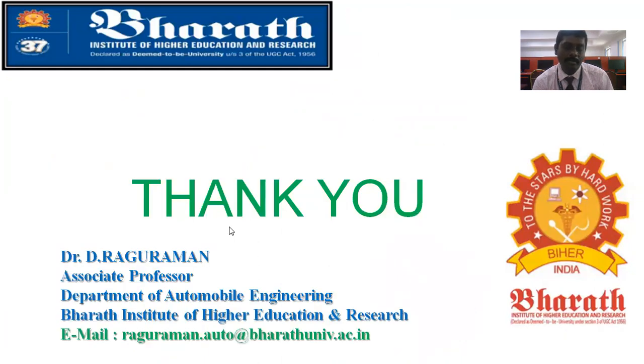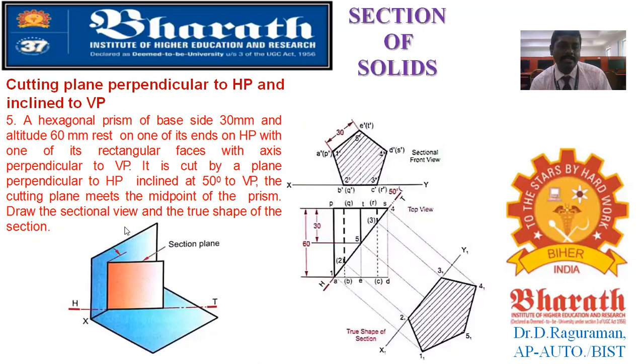See, in this problem they have not given whether it is a sectional front view or not. If it is given you will have an additional clue, but it is not given. But anyway, the condition is given here clearly. It is inclined at 50 degrees to VP. With respect to VP only you are going to draw the cutting plane inclination. So you have drawn it with the condition, and as usual you identify where it is cutting.